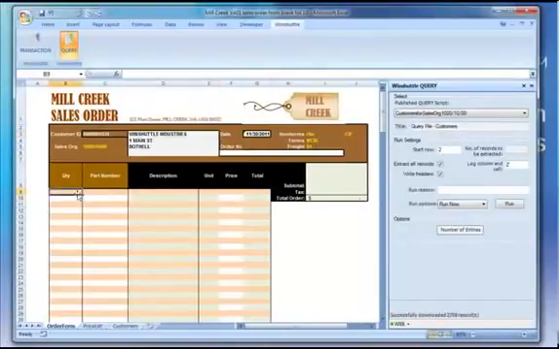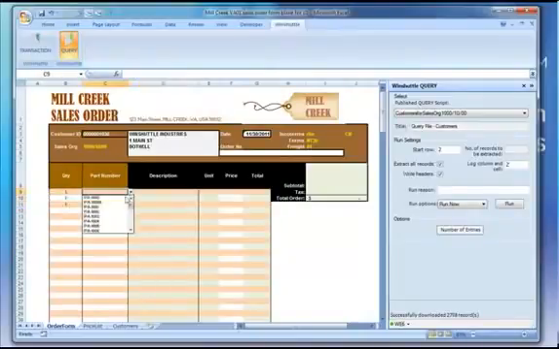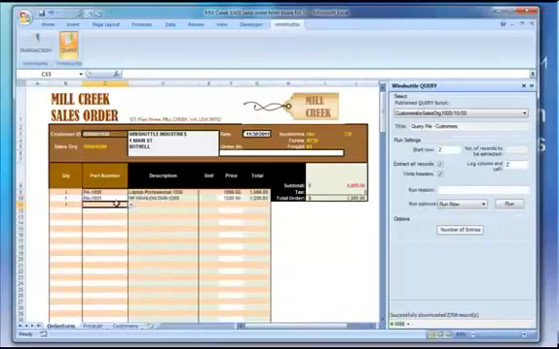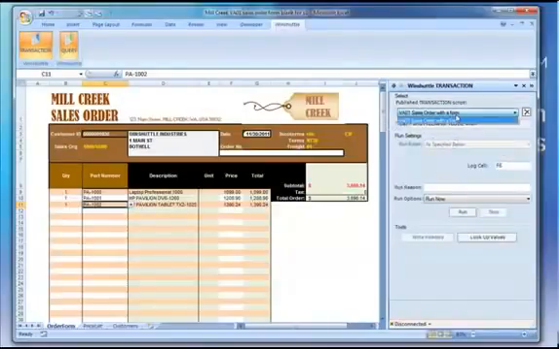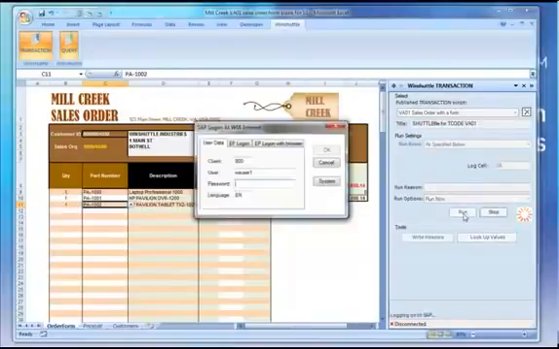So the next thing I'm going to do is order a few items here. And this might be a remote salesman that puts this data in here. He could put in the part number directly, but in this case I'm just going to pick a few items here. And now, using another embedded script inside this workbook, I can actually create a sales order directly in SAP. So let's run it into SAP,